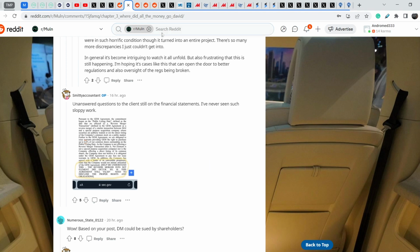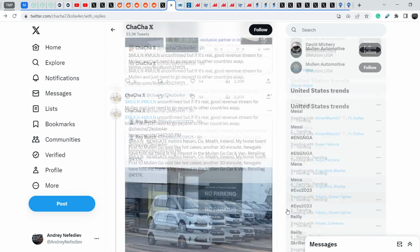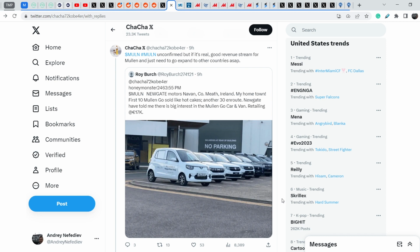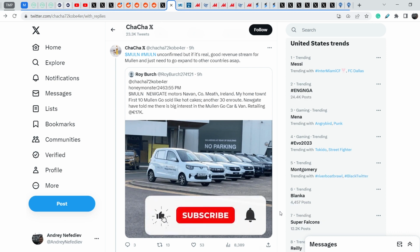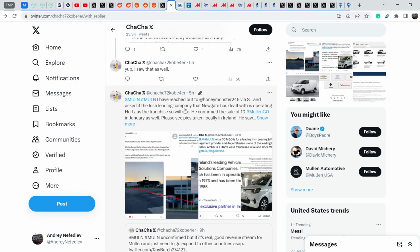But unfortunately, we still have some people who are trying to shield this stock. One of them is definitely Chacha. He is consistently posting information that in Ireland there are a lot of Mullen Go's that were sold recently, but he stated that these vehicles were sold from the very beginning of January, and none of their official statements, for example from the end of March 2023, showed any sales. On top of that, we don't have any official statements from the PR department of Mullen Automotive that these sales happened, and without official information, all of these so-called huge catalysts are useless, and nothing can change the fundamentals